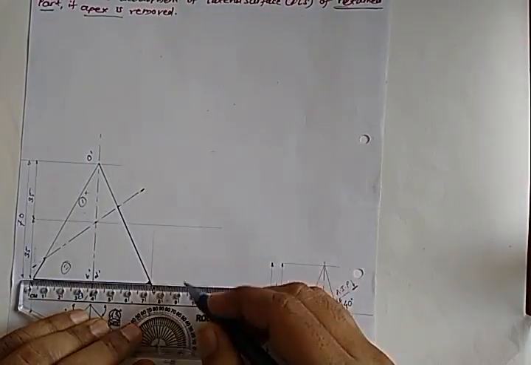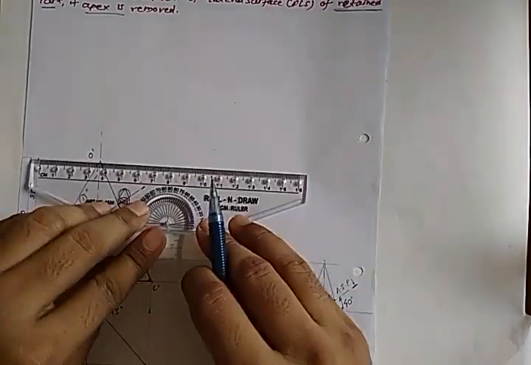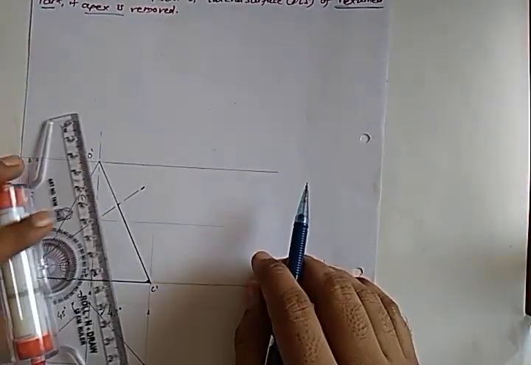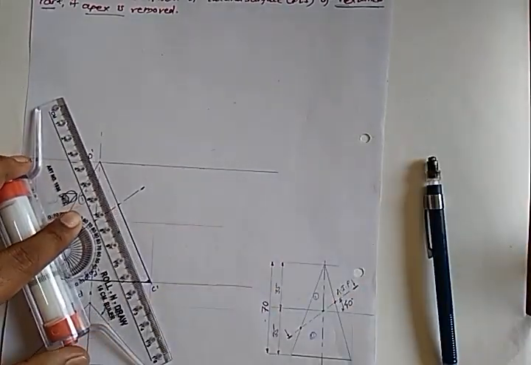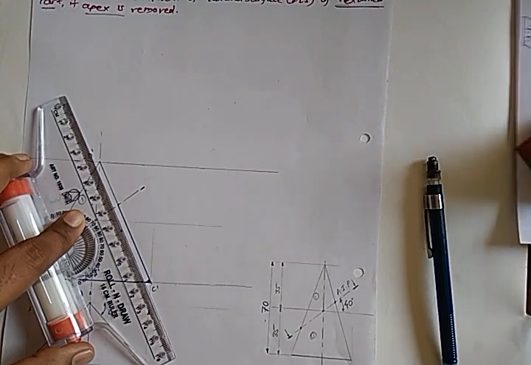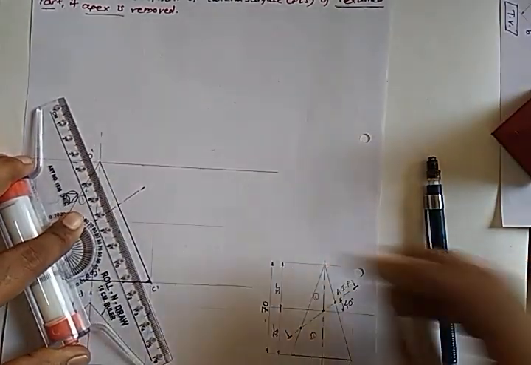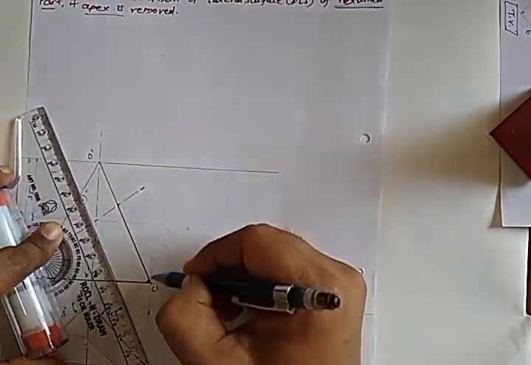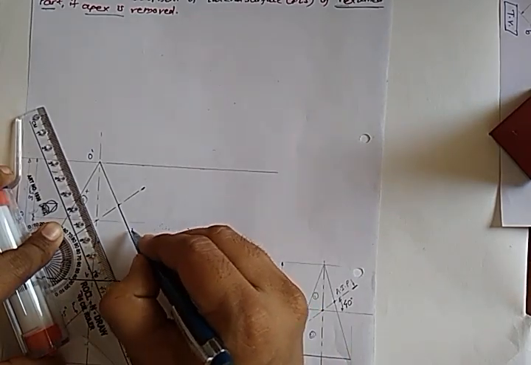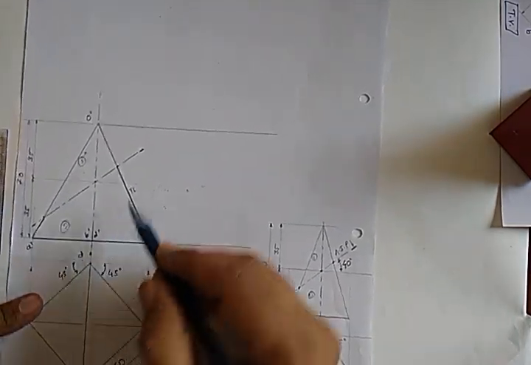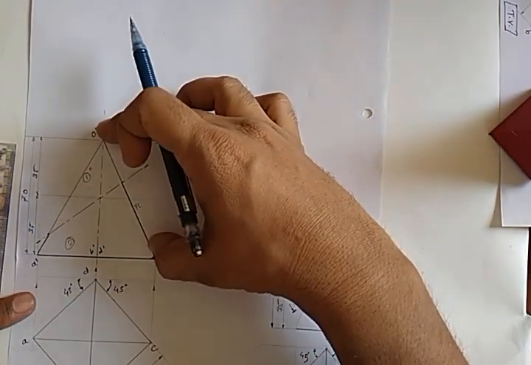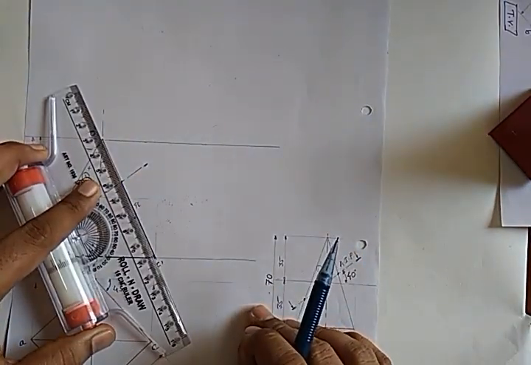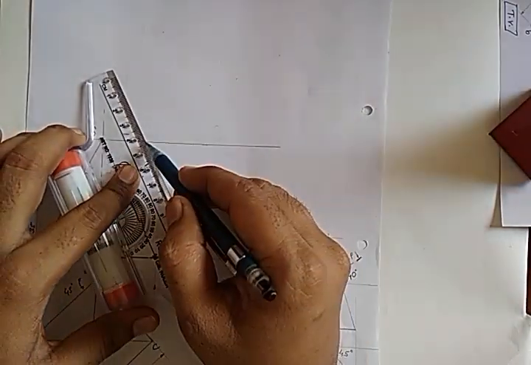Then what is next? You need to draw a parallel line from the base, as well as from the apex, that is parallel to horizontal. Then we need to draw a line parallel to this O dash C dash, as it is a true length. If it is equally inclined to VP, then the length that we are getting for this extreme generator O dash C dash is a true length. That is the slant height or slant length. So in this way we can draw.